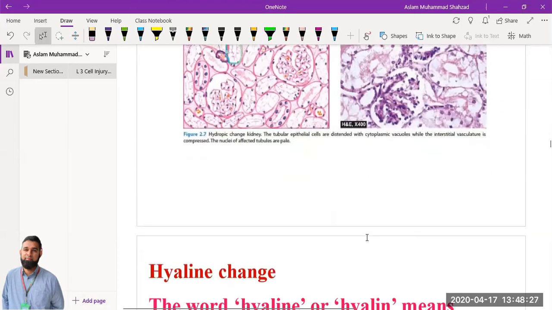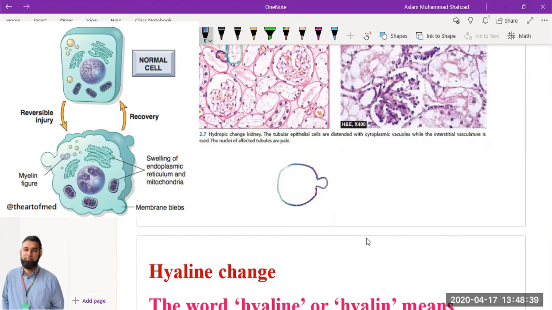The second thing that will be commonly found is the formation of cytoplasmic blebs. What is meant by a bleb? A bleb looks like an outward projection or extra growth of the cell. And this section which I am showing you in the dotted line is actually the small cytoplasmic bleb.